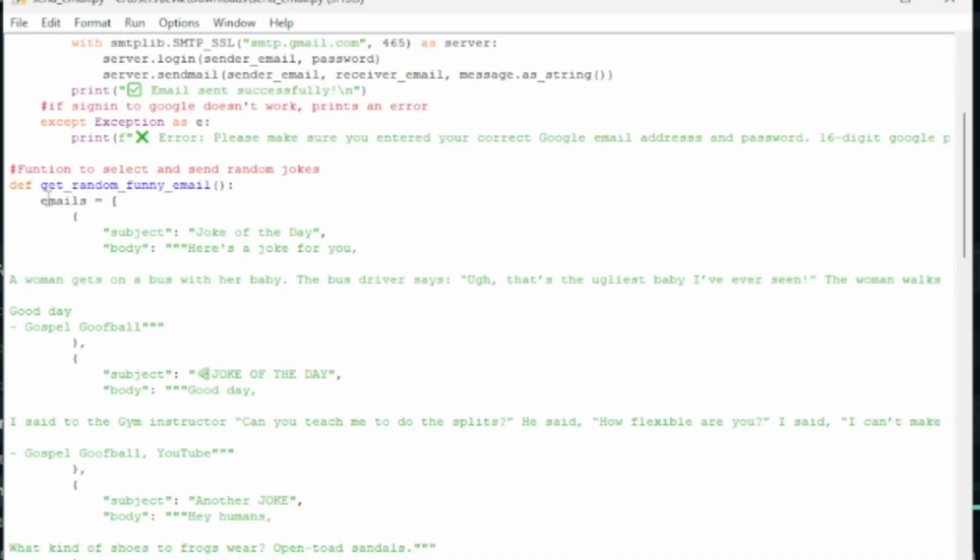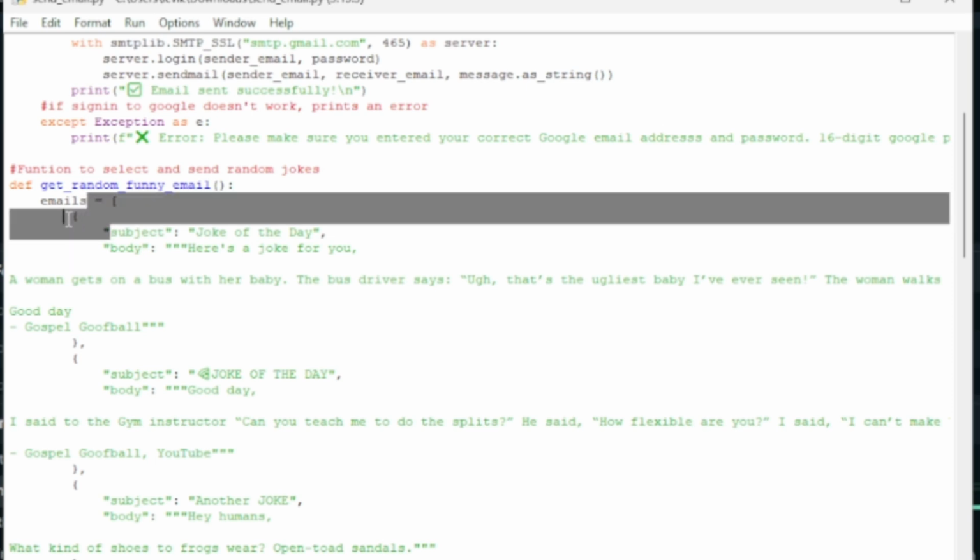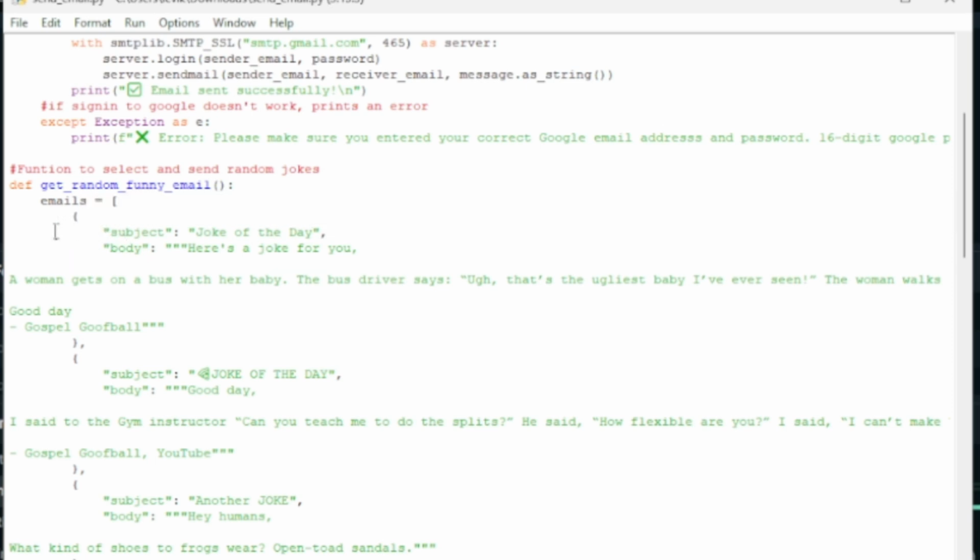Now you're going to enter each of the jokes, each of the emails that you have selected from the internet. You're going to need to use this format, this template. Under the email equals, beside it, you're going to have the square bracket, and then indent. In brackets, you can have subject, then colon, and then in quotations, you write the subject of the email,